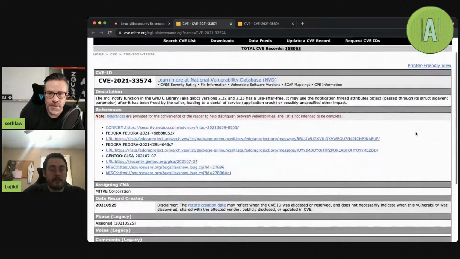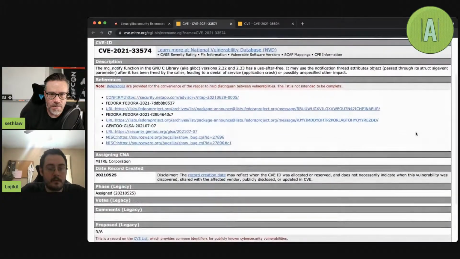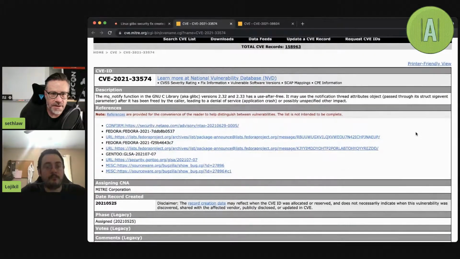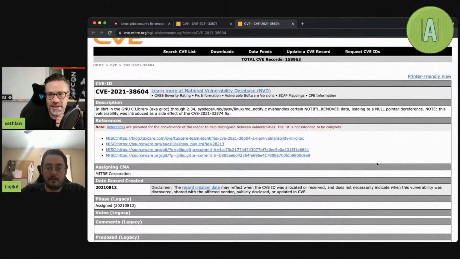Yeah. Well, and I mean, the first one, right? I think the rating on this was fairly low. And that's what it was saying, right? Yes, there's an issue with this MQ notify function. Use after free, which we're still battling with in the year of our Lord 2021. Yes, but this one came out in June, I think it was. Is that what they were saying? Yeah, or July. And then we've got this one, which is actually a null pointer dereference. Yeah,